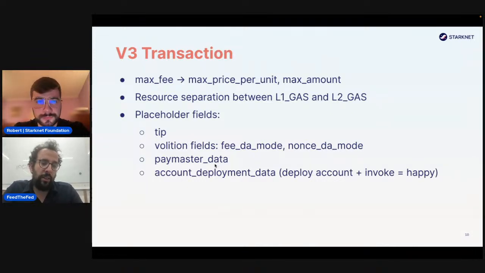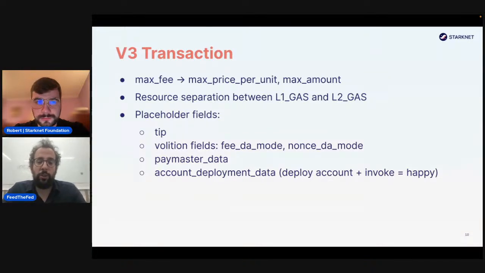Paymaster data, allowing someone else to pay with the native token for your transaction and allowing you to pay with different tokens. And account deployment data, which allows you to bundle the account deployment and the first operation in a single transaction. So currently, how it usually works in Starknet is that the user,